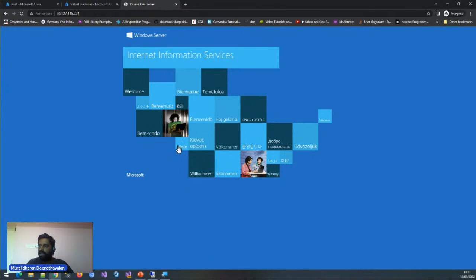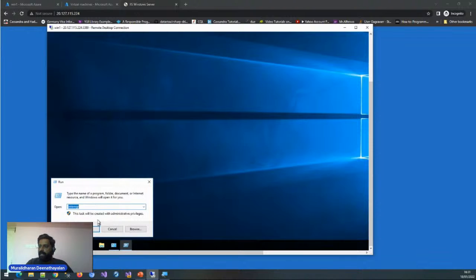This is the default Internet Information Services page. So you can see here, we created a virtual machine, we installed the Internet Information Services, and we got the default page while accessing it via the browser. Now what I will do is have a very simple Hello World application. It's not very fancy. I'll put this page into the server, then we will access it.